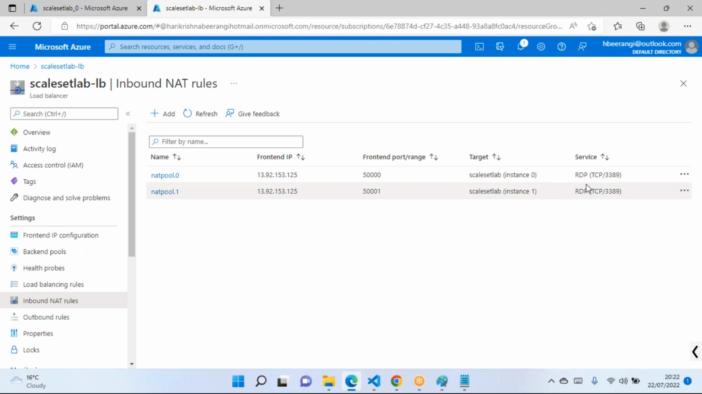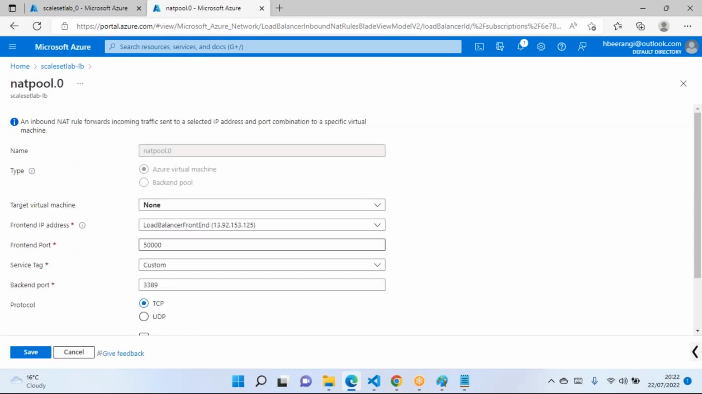But in the back end, what should it connect to? Again, RDP port 3389 should connect, because to connect to my virtual machine. So if you want to modify this, click on this and you will get an option. Let's say I'm changing this one to 2022. This is called front end port, and it is using load balancer